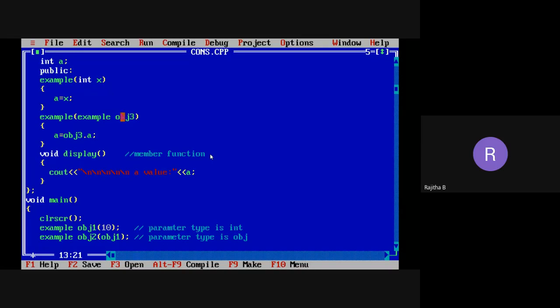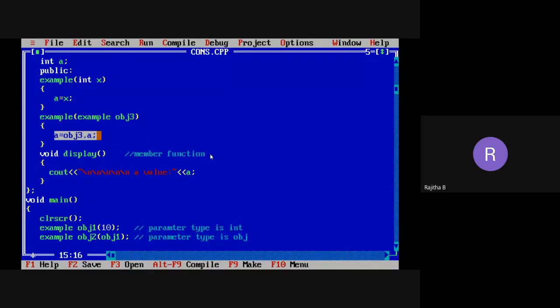Now, what are obj3 and obj1 here? Both are the same, isn't it? The obj1 value consists of 10 only, so obj3 also consists of 10. And that value will be assigned to data member A. So what is the statement? You need to take the statement like this: obj3, the formal parameter, dot A, so that value will be assigned to data member A here.